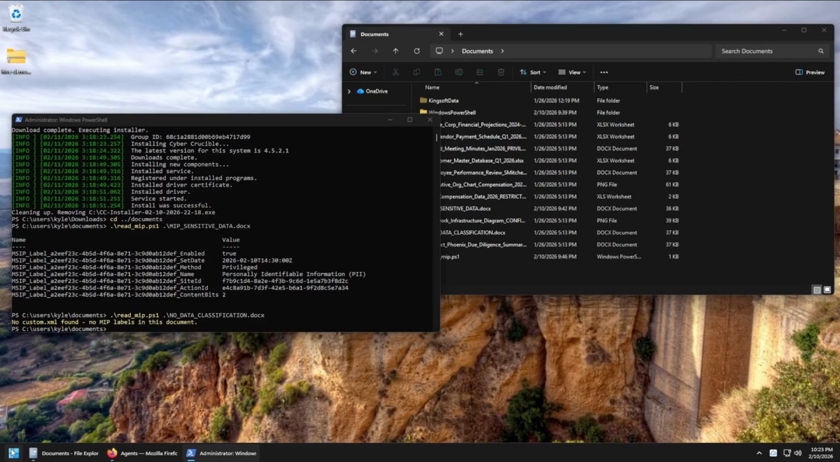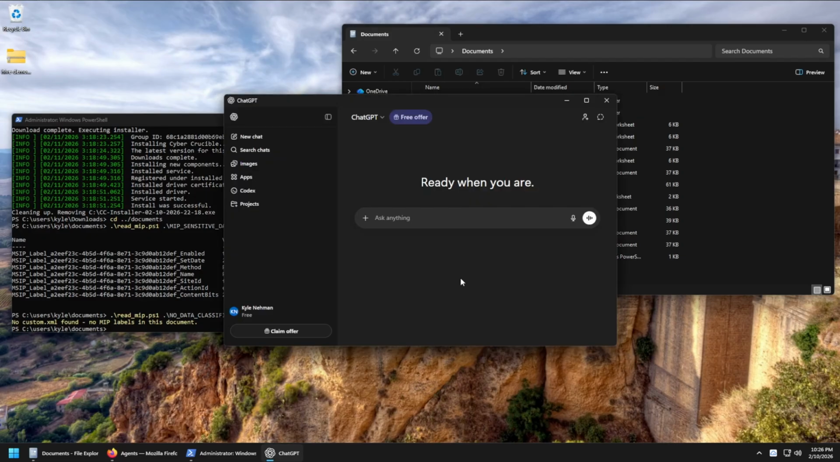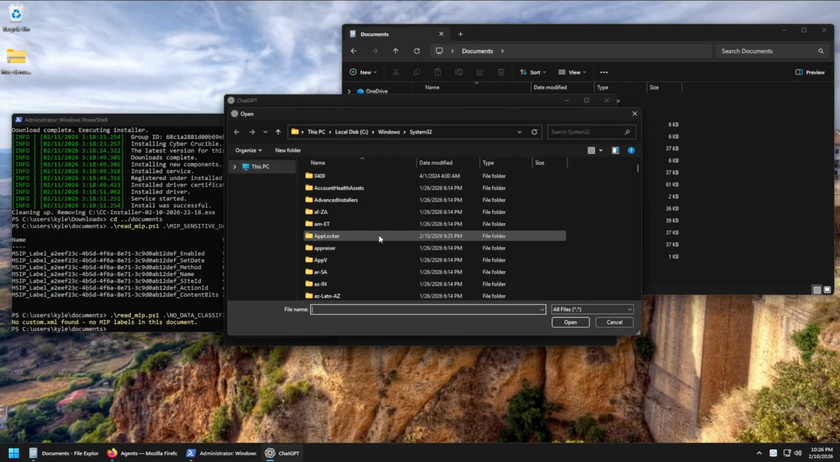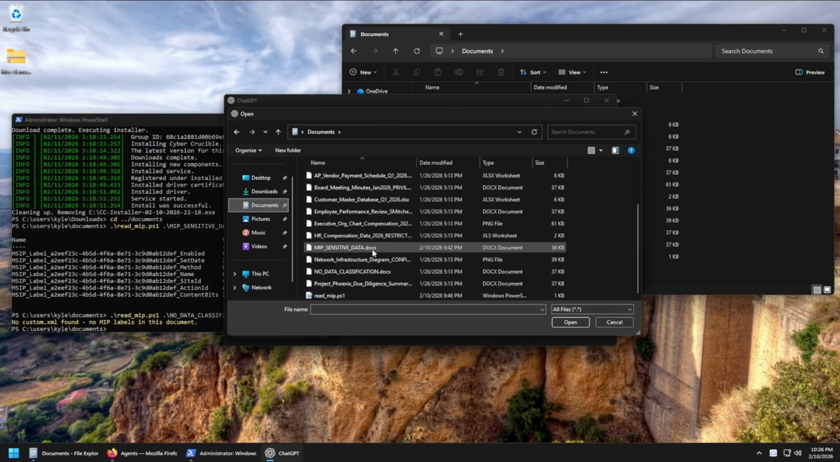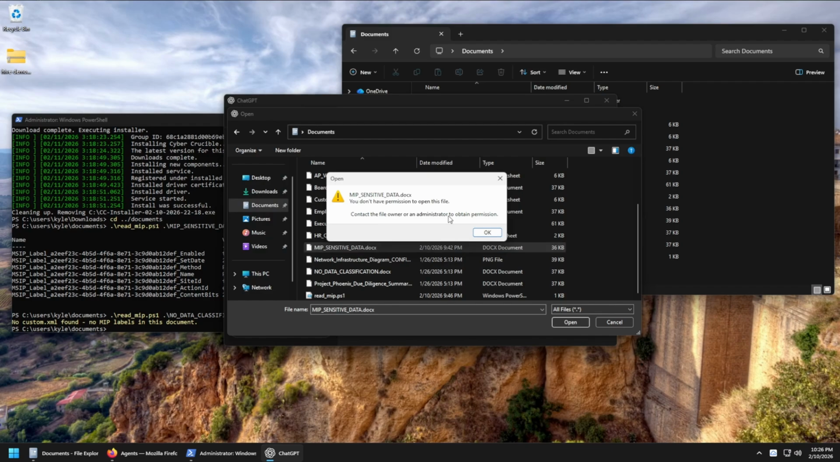And now we can just go ahead and run ChatGPT, and we'll try to upload both files and see the difference in how Cyber Crucible handles the actual data access at the endpoint level. So now with ChatGPT, go ahead and first just try to upload one of our protected files from our documents folder here. So we'll start with the MIP sensitive data docx, and we immediately see that there's just no permission